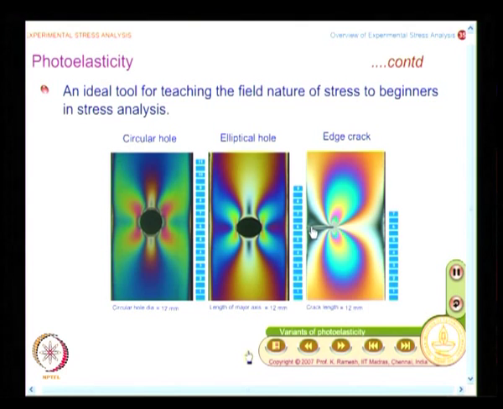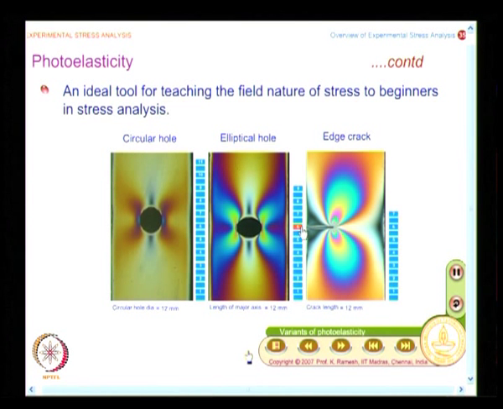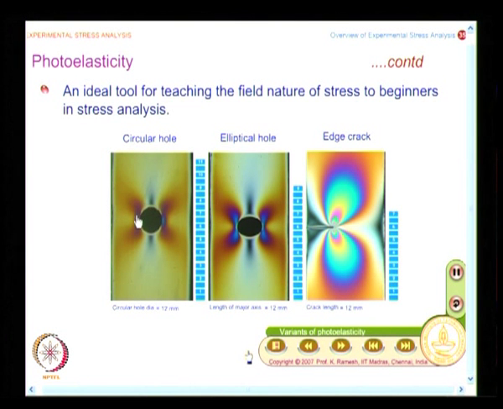At that time fracture mechanics had not developed, and a new branch of engineering, fracture mechanics, came into existence once people understood that cracks are more dangerous. And what you see here is I have a crack, where the least amount of material is removed, and suppose I take the load as 6 in all the cases. I have a plate with a circular hole, a plate with an elliptical hole, and a crack,